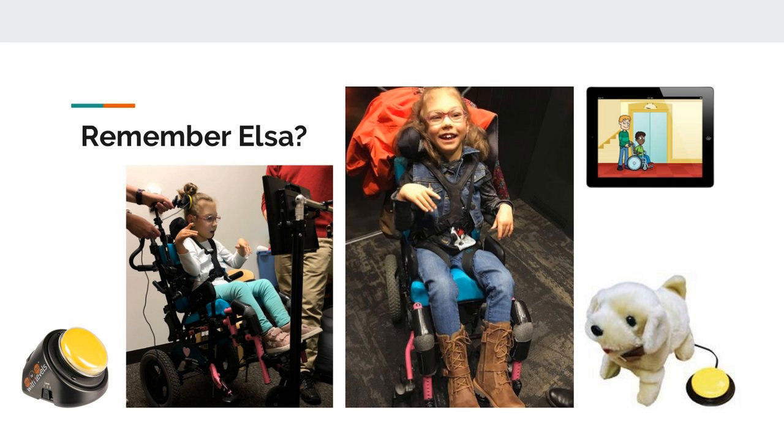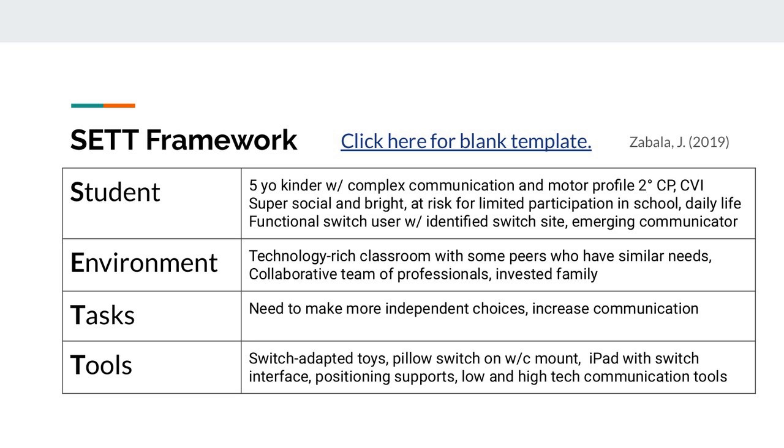So the focus of the concepts that I'll be covering is moving beyond the one switch and looking at how we develop scanning skills that can be used for communication and academics, etc. So before we go any further, for those of you who weren't able to join us last week, I just want to share that Elsa is a